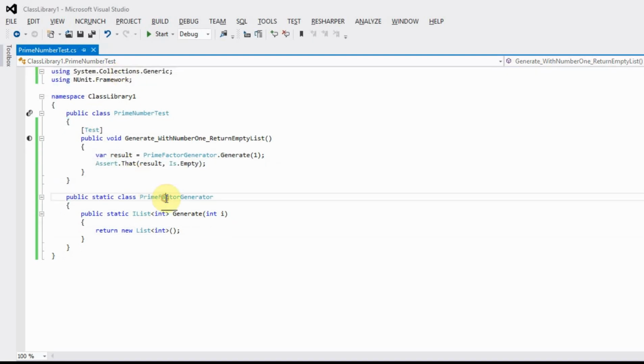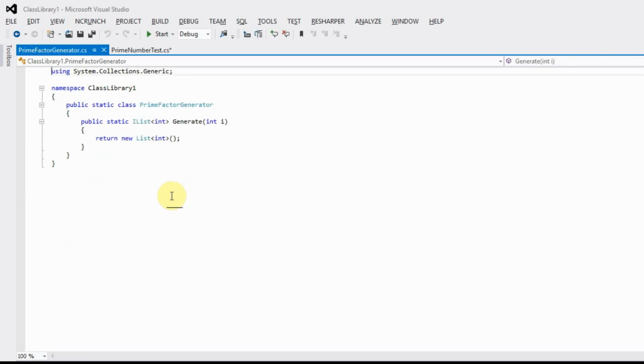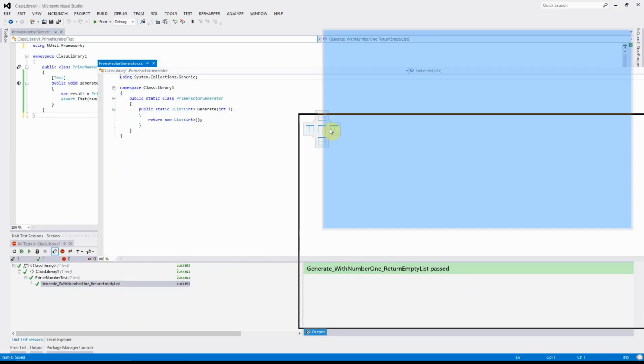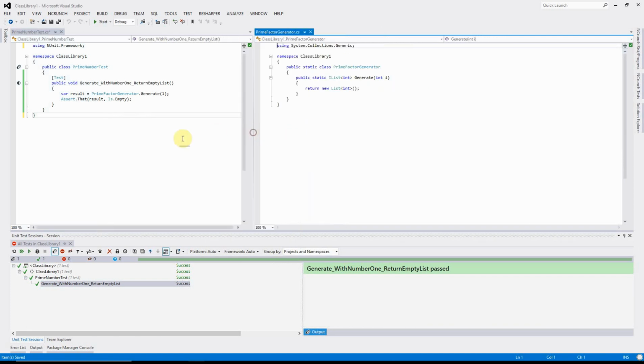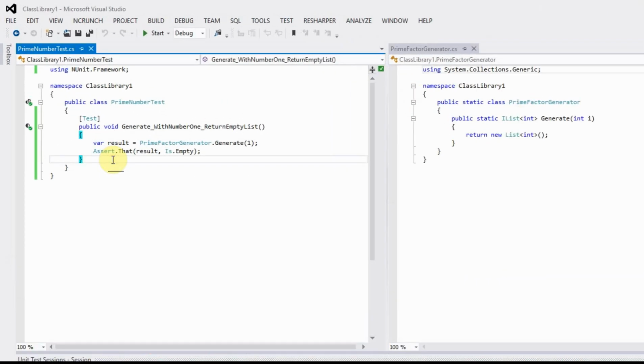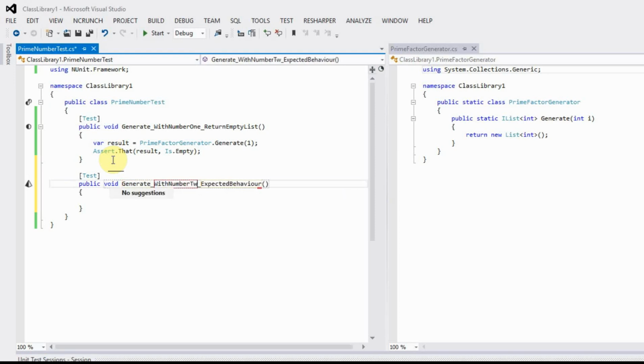We also would like to put that in its own file, and we'll bring it over to the right here so that we can see both at the same time. I've done changes so I can refactor. That's great. So let's write our second test. So that will be generate with number 2 and return a list containing